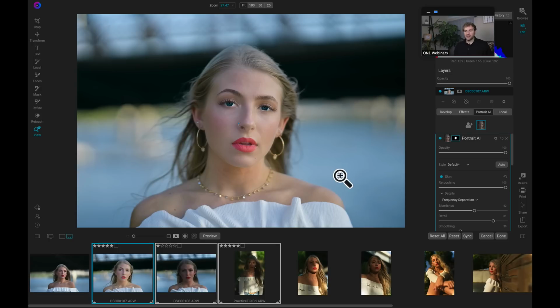And if you have a group of images, let's say you have dozens of portraits from a portrait shoot, you can batch process them with this Portrait AI and also the powerful raw processing of Photo Raw. And in an instant, you have a bunch of retouched, stylized portraits. So now if I go over to these images,